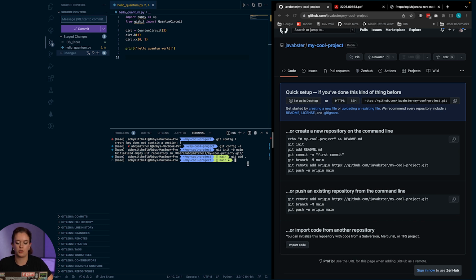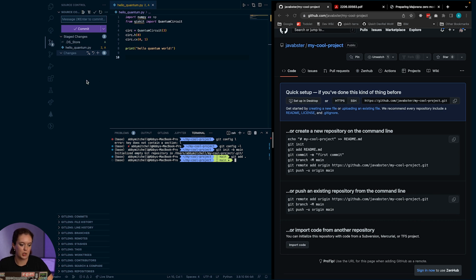Using the full stop means you're literally adding everything. You can also add your files individually by saying git add hello quantum if you wanted to just add that individual file. But if you're adding 100 files, then using the full stop is good enough.